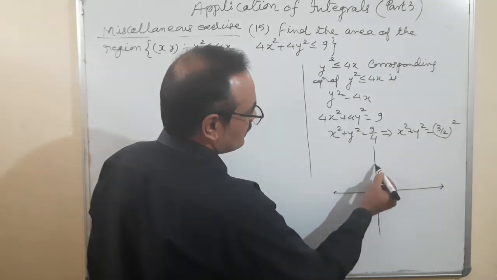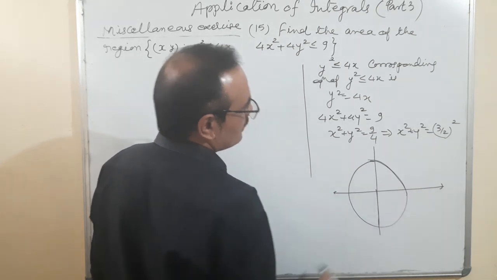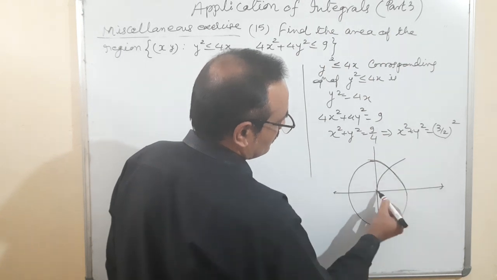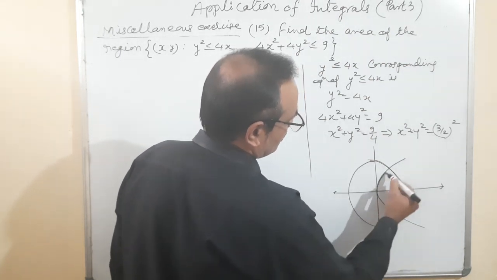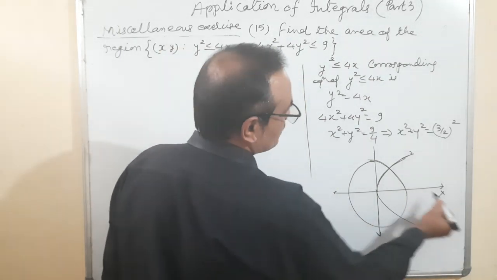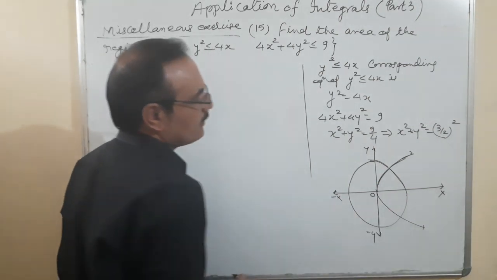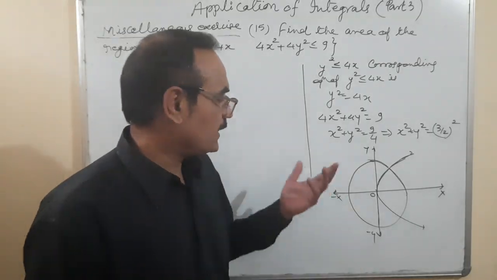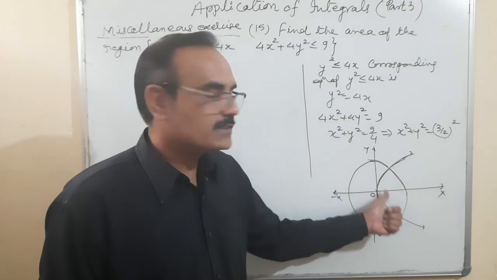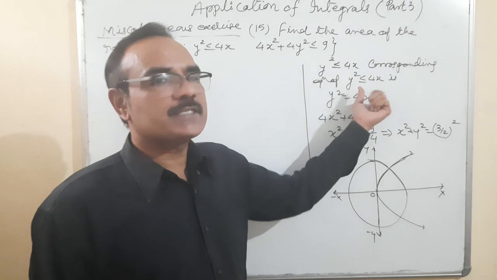On the basis of these two equations, I am making a diagram. One is a circle. This is a circle. And second is y square is equal to 4x. Now you are understanding what is the meaning of greater or less than, what is it? Okay. So let us check what this is, meaning which area we are going to find. Many areas are there, either it's the outside area of it, or inside area, both sides area. What is it? Okay, so the picture will be clear when we check the conditions.